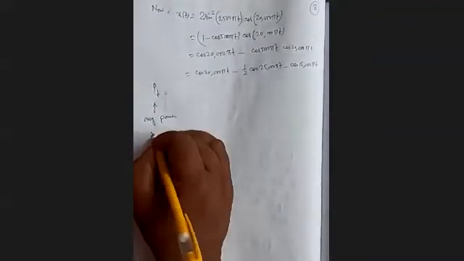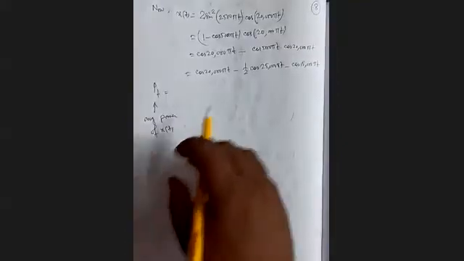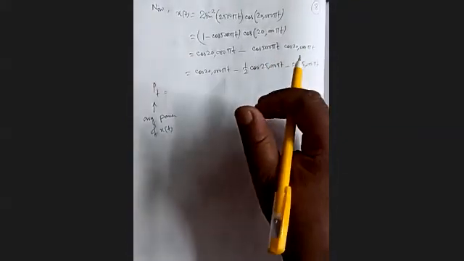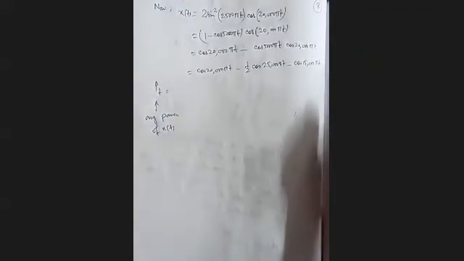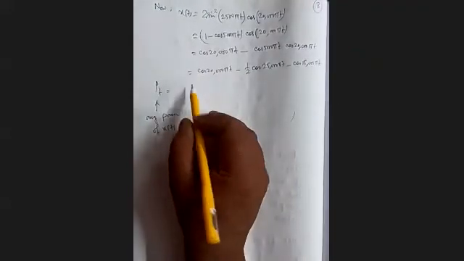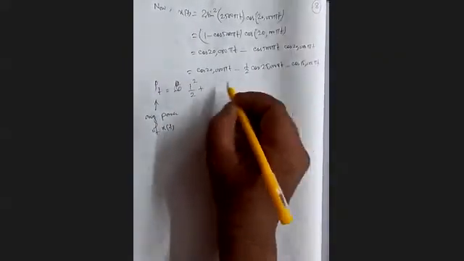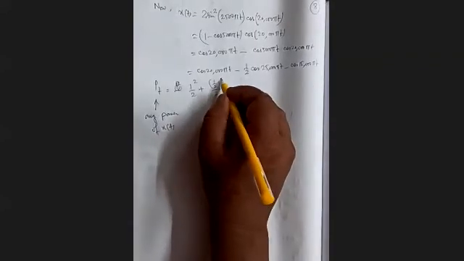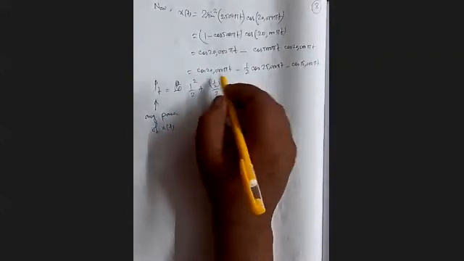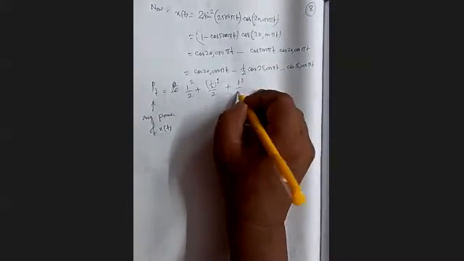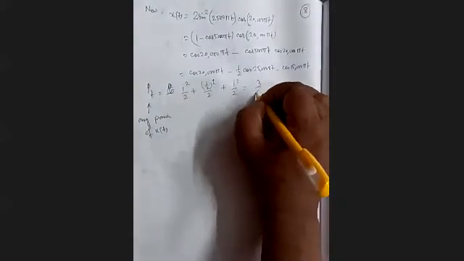Average power of x(t). If you integrate it and take the average, you'll get the same thing. Or according to Parseval's theorem, you can also get it directly. According to Parseval's theorem, it will be the summation of n square by 2. Its amplitude is 1, so 1 square by 2. Its amplitude is half, so half square by 2. Actually, this by root 2 squared, this by root 2 squared and that by root 2 squared. So ultimately it is 3/4 unit